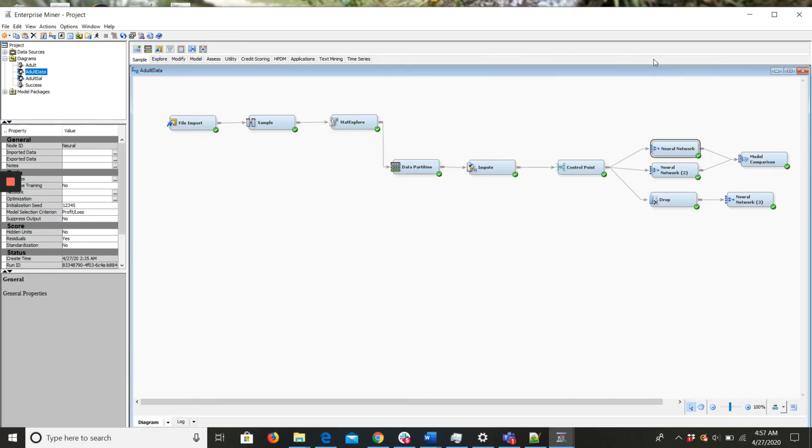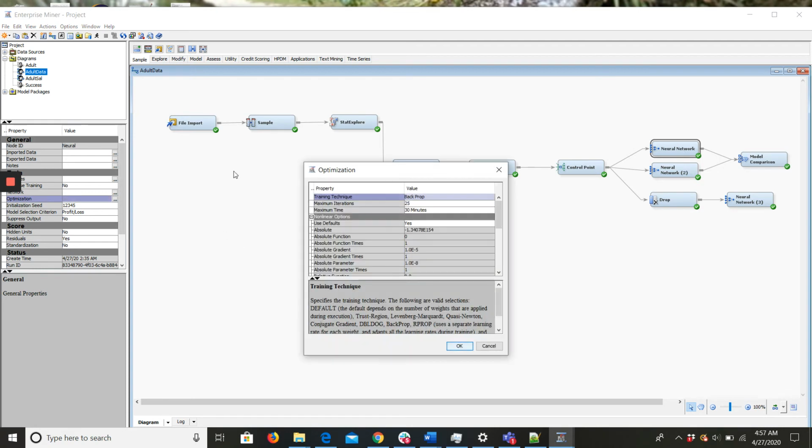Moving on to the fourth concept, I'm going to be talking about the training technique. So I'll just show it. The training technique that I've used here is back propagation. Back propagation is the heart of every neural network. The data passes through the different nodes, and once it reaches the output layer, it propagates backwards, updating weights and biases for each layer so that we get the desired output.